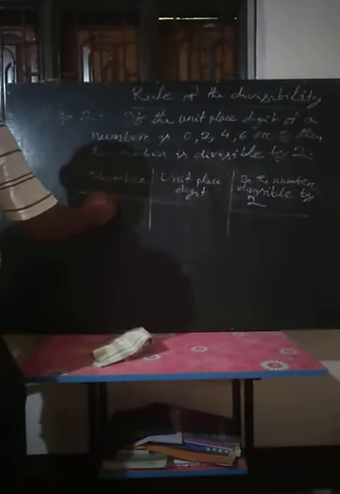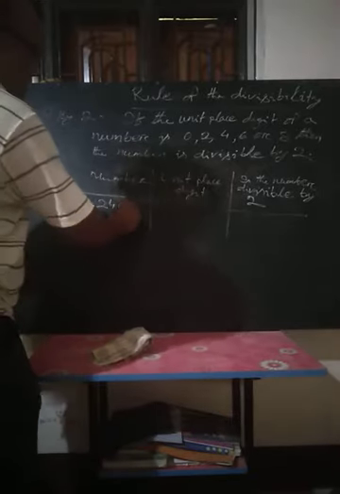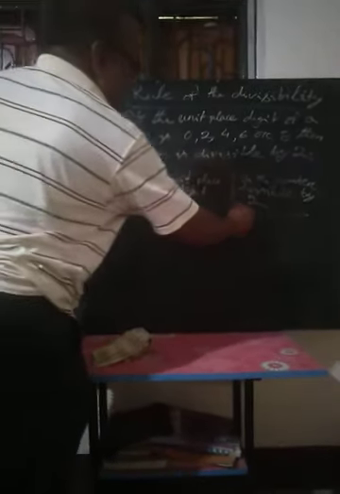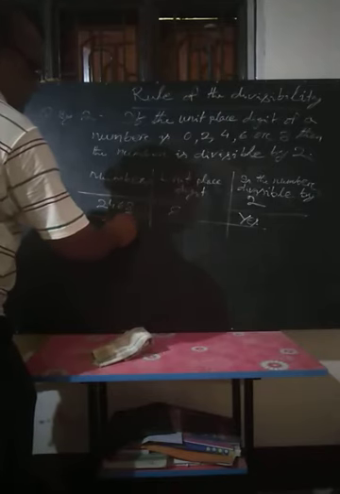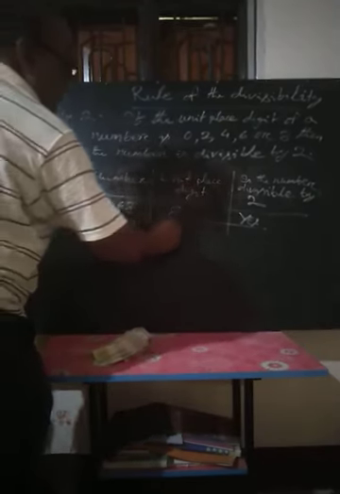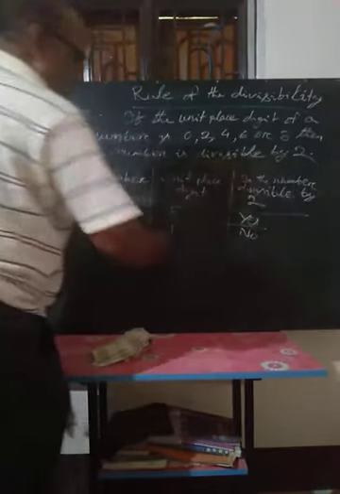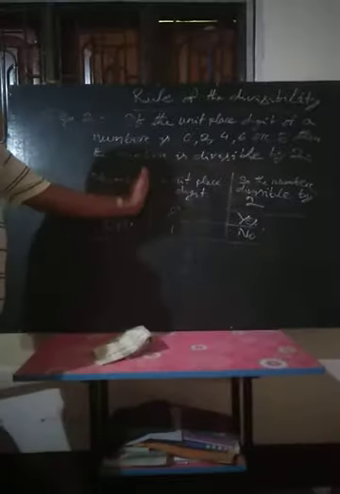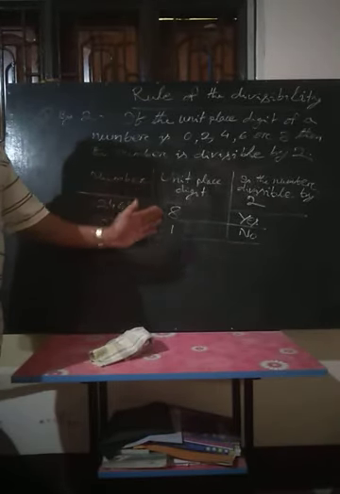Then first write down one given number, suppose 2468. The unit place digit is 8, so the number is divisible by 2. Yes, in this way. Next another number, suppose 2491. The unit place digit is 1, so it is not divisible by 2. In this way you can maintain the columns. In the table method so many numbers can be written and the divisibility test can be done in this way for many numbers.